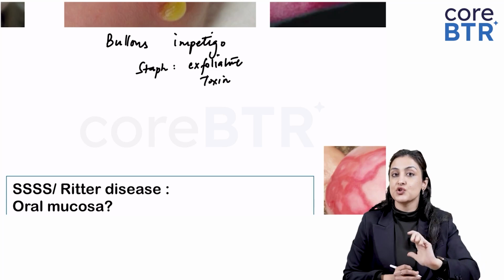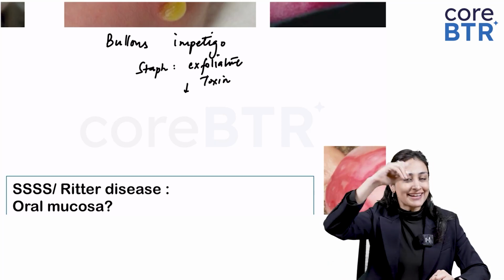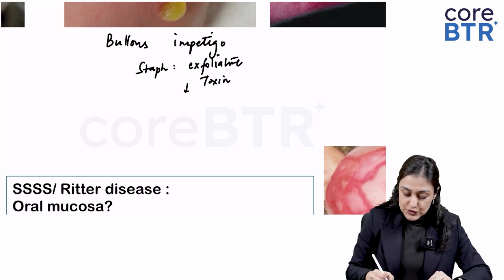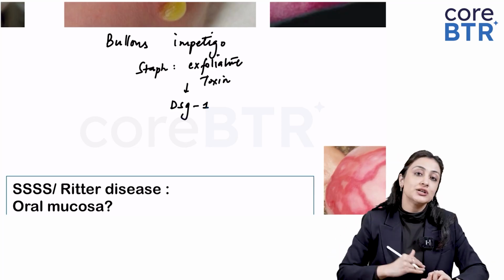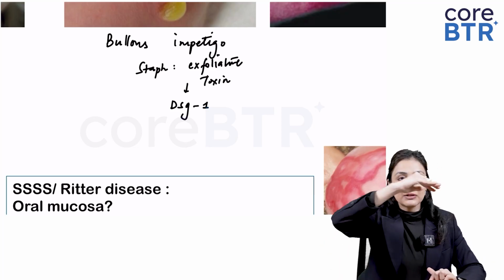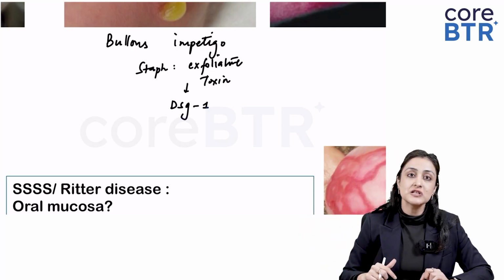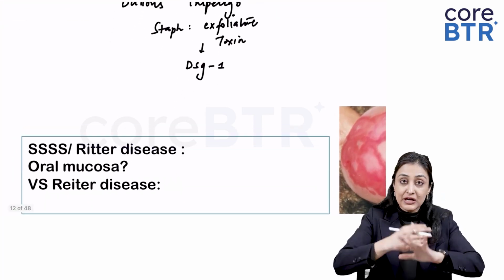This exfoliative toxin, you know what it does? Why does it make bullae, which we see in pemphigus? And now can you correlate this to acantholytic cells that we read? So this is what attacks desmoglein 1. So superficial desmoglein is attacked. So desmoglein 1 is upper, desmoglein 3 is below. So desmoglein 1 is attacked, because of which you have bulla formation, and this is why if it becomes severe,